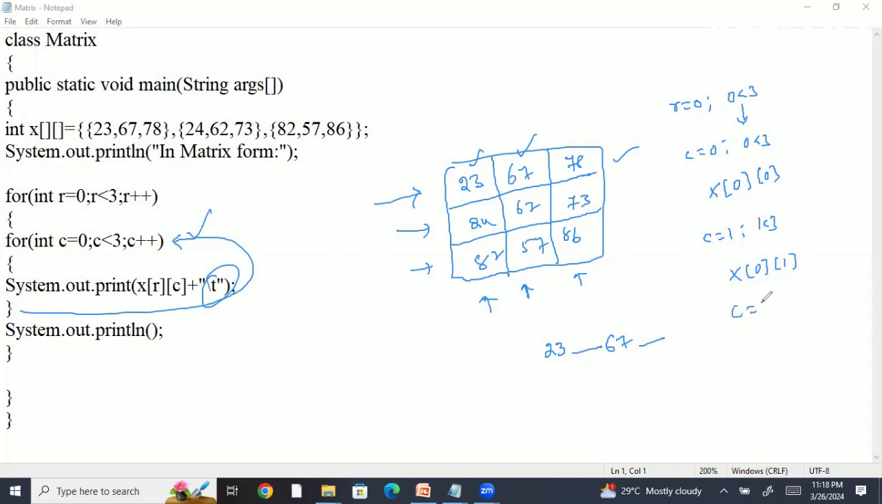Now column becomes 2, 2 less than 3, true. X of row is the same, column is 2. The 0, 2 position is 78, then tab space. Then column becomes 3, and 3 less than 3